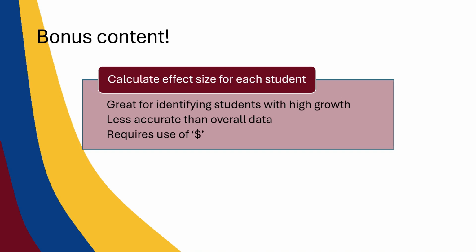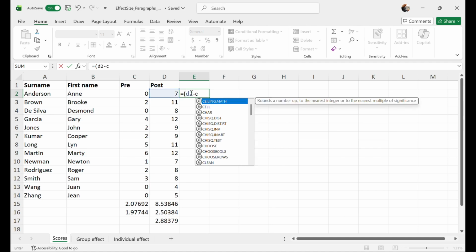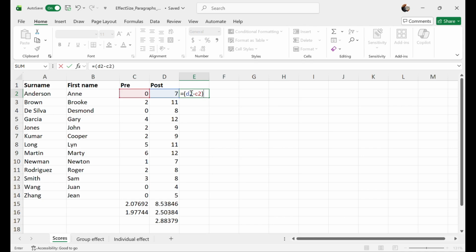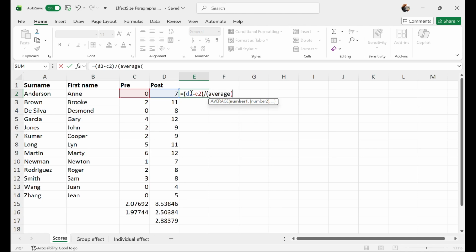This is just a matter of repeating my effect size formula, but I'm going to start up next to my first student's post-test score. I'll type in equals again, then I need their post-test score minus their pre-test score. So I'll get that by doing D2 minus C2. I'll close the brackets and then I'll hit divided by, and again, I want the average standard deviation. So I'm going to type in the word average, open up the brackets again, but this time I need to start using the $, and this will tell it not to jump around cells when I copy the formula in a minute. So $C,